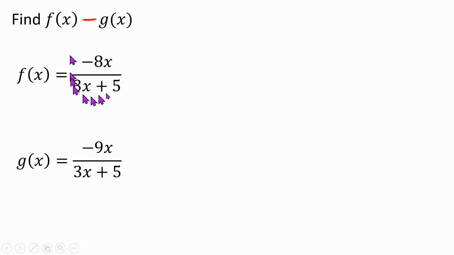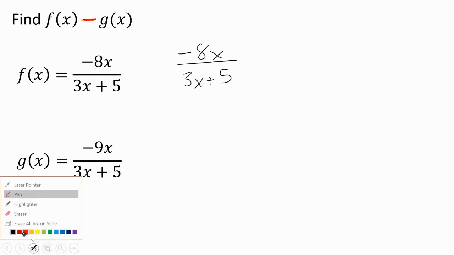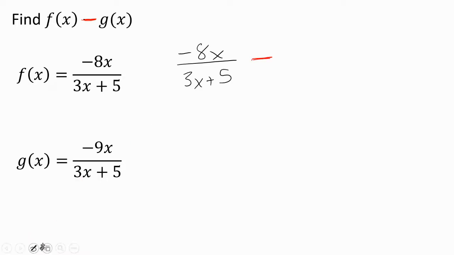All right, so since these are fractions, we know in order to add or subtract fractions, they have to have a common denominator. Well, hopefully you realize, oh, the bottoms are the same. So we don't have to do anything except I'm going to go ahead and rewrite it. I'm going to put negative 8x over 3x plus 5. And then I'm going to put minus the next fraction,